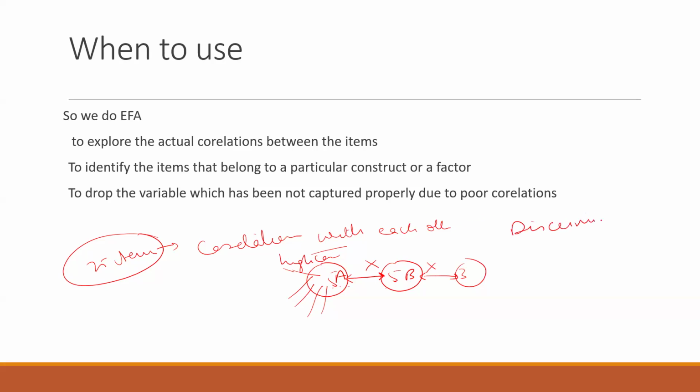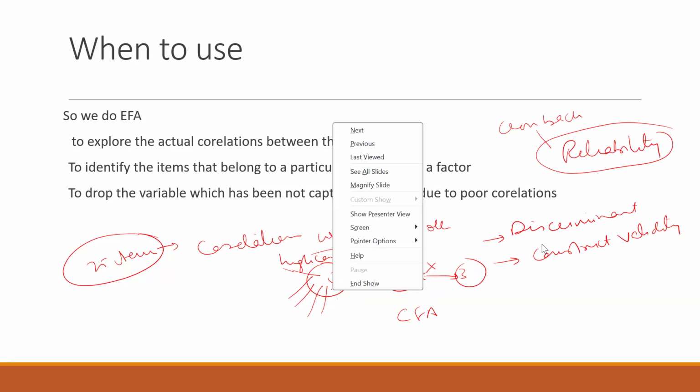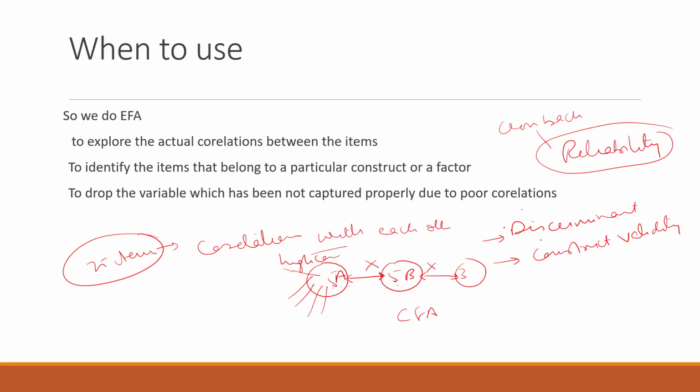I don't know whether you guys are aware of this term, discriminant validity or construct validity or not. Reliability and validity of a construct, right? So reliability, you do it through Cronbach, right? So when your construct is finalized, that these items are falling into this construct and these items are falling into this construct, now you have to prove that also. And how do you do that? You do it through CFA, and you prove that this construct is different from this construct. That is given by the construct validity, discriminant validity,